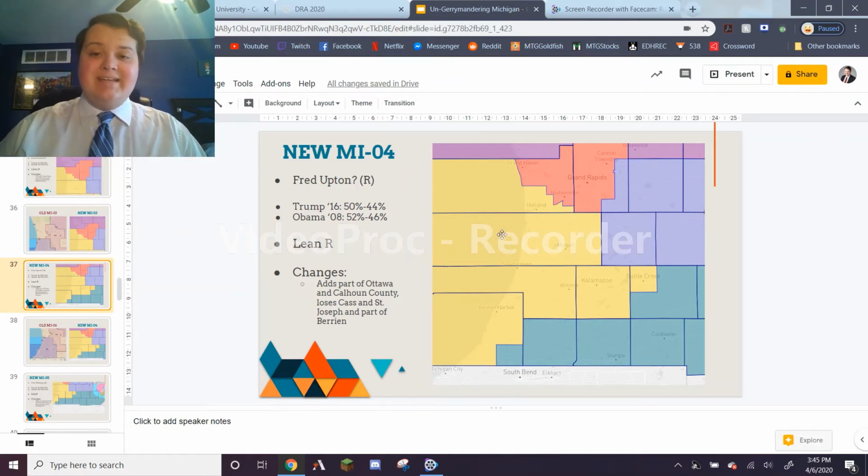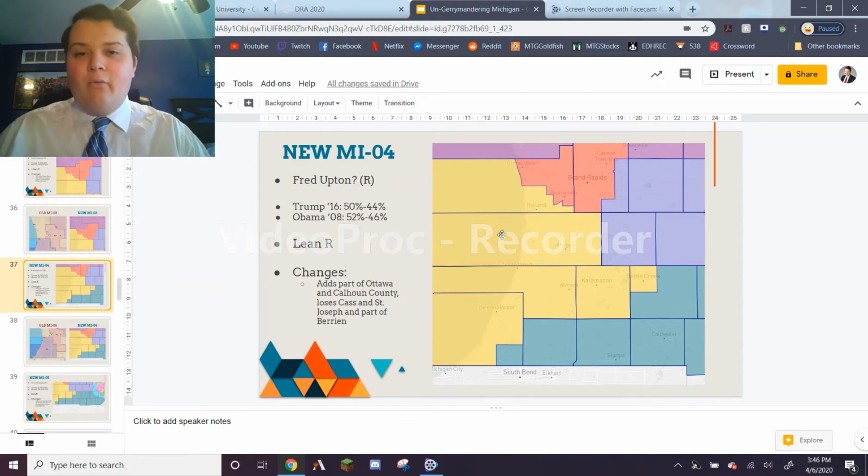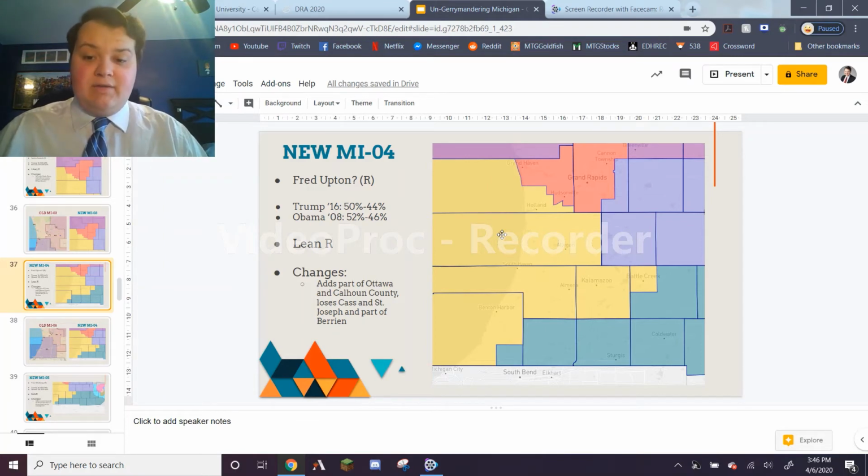As recent as 2018, though Fred Upton's been in the House for decades now, he had the closest election of his life in 2018, in which he only won by about 4.5% over Matt Longjohn. So this is a district that many believe is lean Republican going into 2020, definitely kind of a sleeper hit for Democrats to look at flipping. Unclear if they could, but certainly better chances now than they have had in a long time with Fred Upton here in the 6th district.